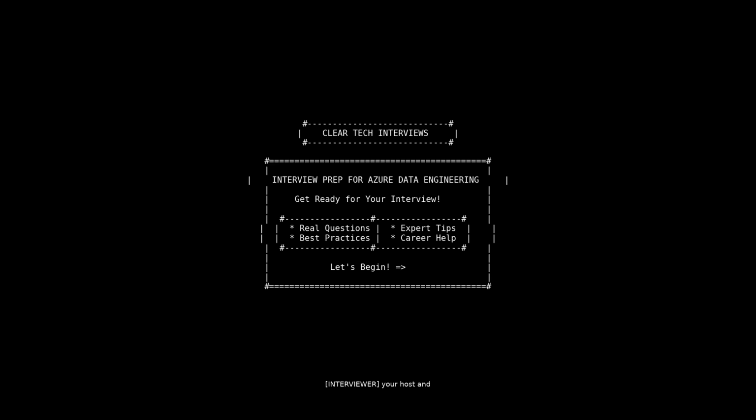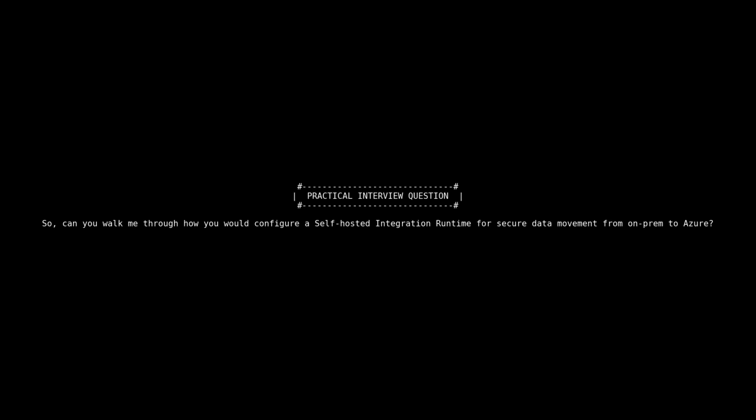Today we'll be diving into configuring self-hosted integration runtime for secure data movement from on-prem to Azure with an Azure Data Engineering expert. Let's get started with this technical interview discussion. So can you walk me through how you would configure a self-hosted integration runtime for secure data movement from on-prem